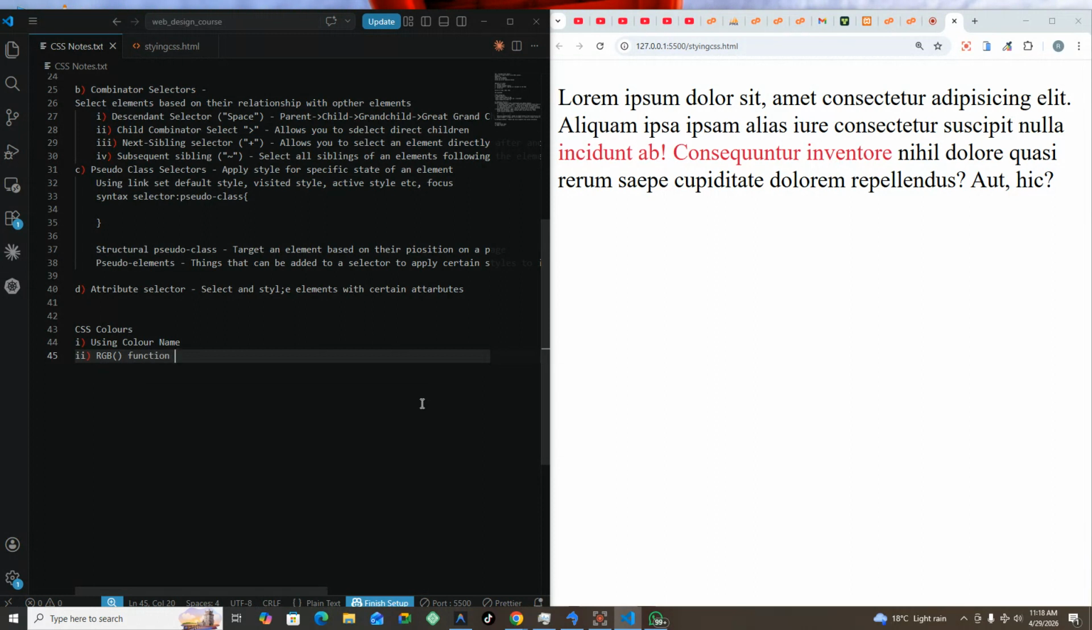The RGB function is red, green, and blue. These are the primary colors that we have, and all colors can be created from these three colors. Most people like using RGB, especially those who are into print. To use RGB, if I wanted to use the red color over here,